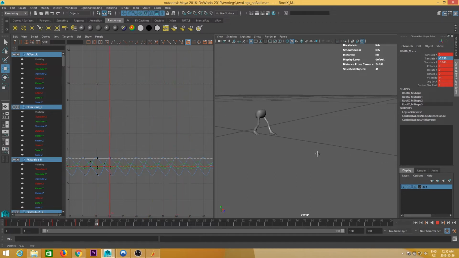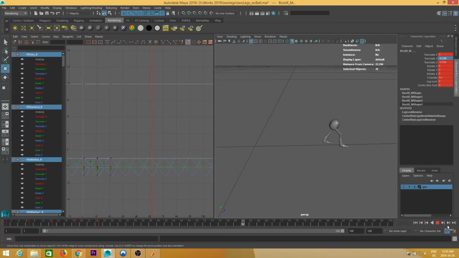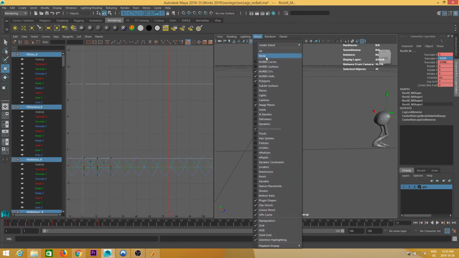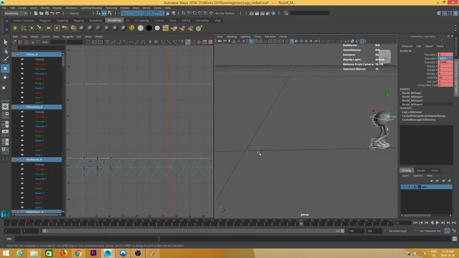And so this is a very simple method. Now what we'll try to do is keep the same feet animation, but I don't want the global controller to move in the space. I want the global controller to stay here, but the character to keep moving in the space. So what I will do in this case,